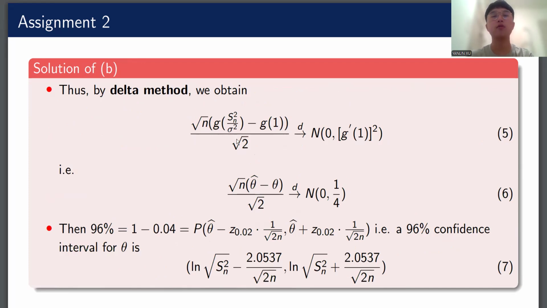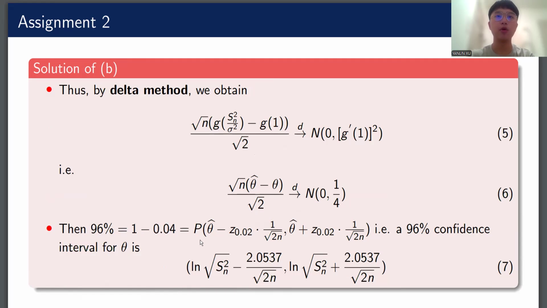To simplify it, we get this: square root n over 2 times the estimator minus theta converges in distribution to a normal distribution with variance 1 over 4. So by the same method as we used in question A,